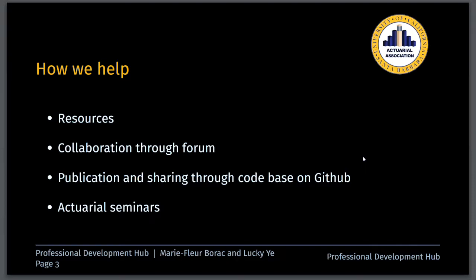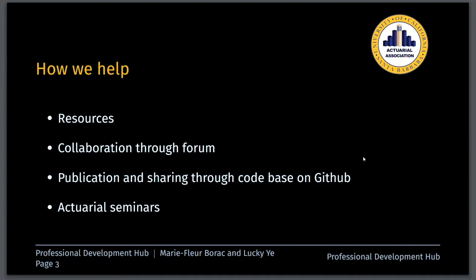We provide a forum that is open only to actuarial association members. This forum is hosted on Discord. It gives you a space where you can connect with your peers, where you can ask for help and provide help on various topics. And also, it's a direct line of communication to the Actuarial Association officers. We have a support ticket system that you can use to contact an officer if you need assistance with any sort of difficulty.